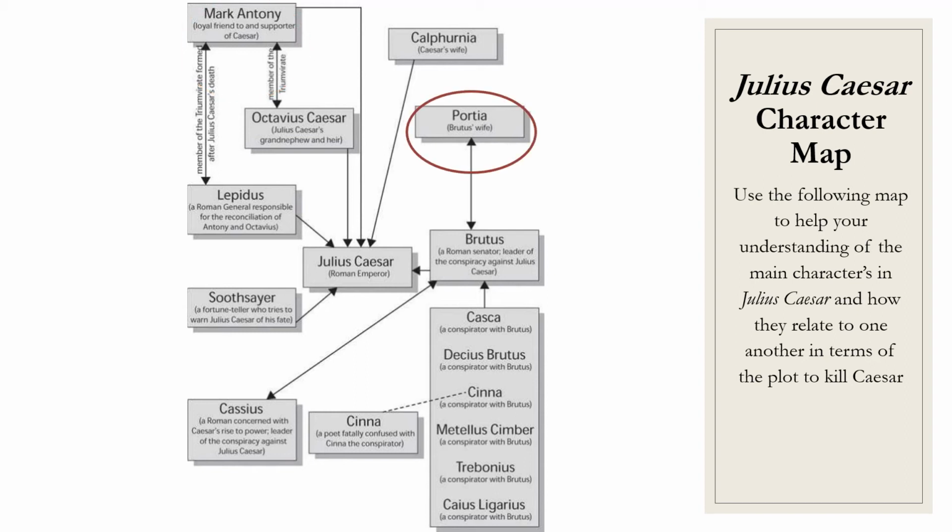Then we have Portia. She is the wife of Brutus and one of only 2 female characters in the entire play. And by extension, she is also going to be one of the voices of reason in the play. And we're going to notice that Portia, along with Calpurnia, who's listed above her, the wife of Caesar, are going to try to put a stop to the conspiracy and try to warn their respective husbands about the danger of